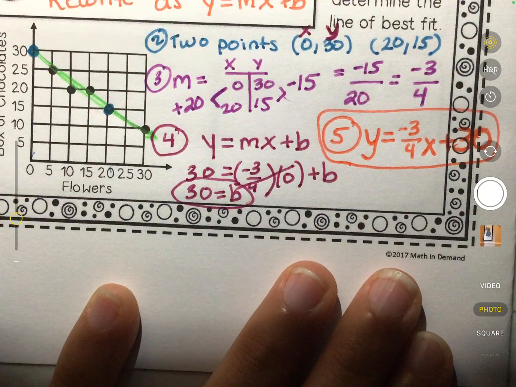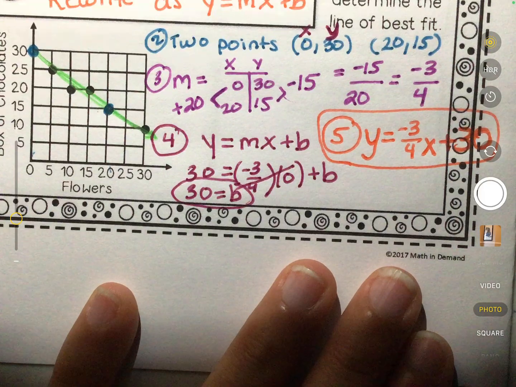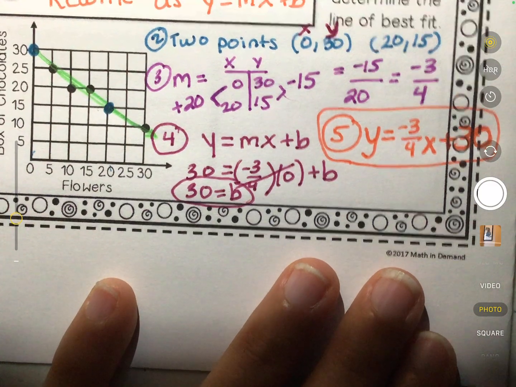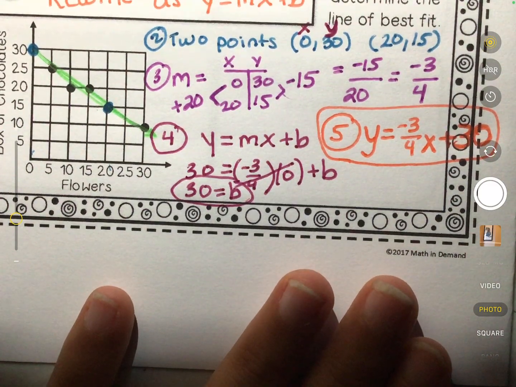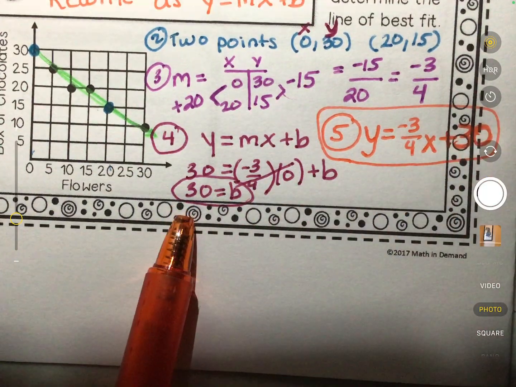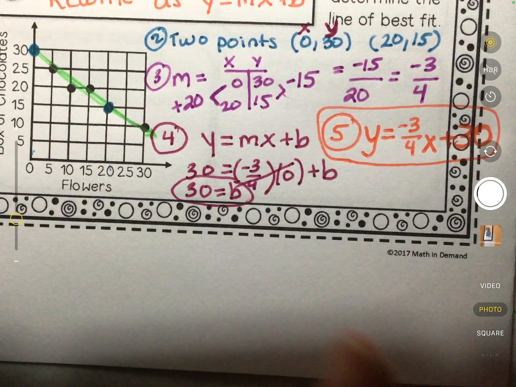Anybody have any questions on this one? I know there's a lot of steps, but hopefully all these steps we've done before, so it's not all brand new. Does anybody have any questions on this one? No? Do you always add the number that you did for step 4, you add the number for B, right? Correct, because that's what B is. So it's going to be whatever number you put there. Yes. All right, let's try